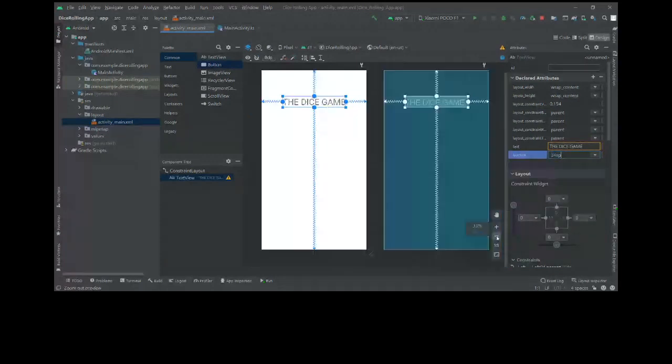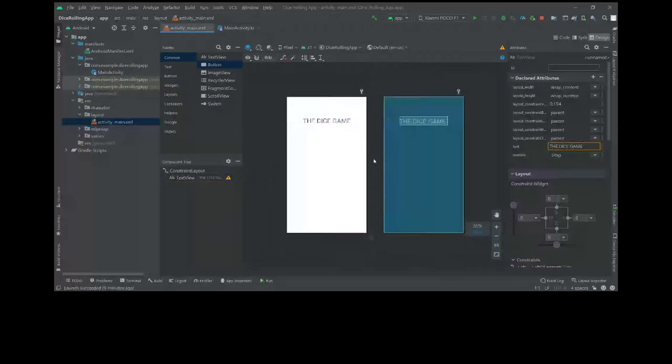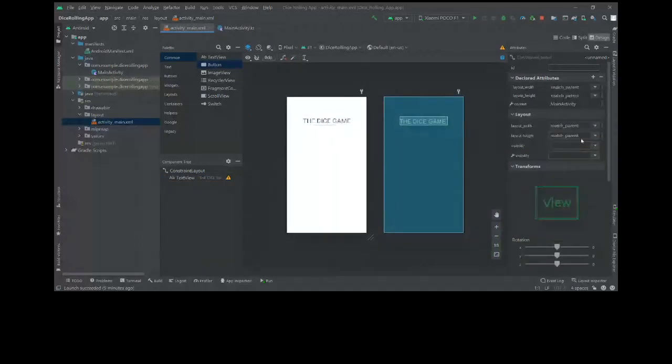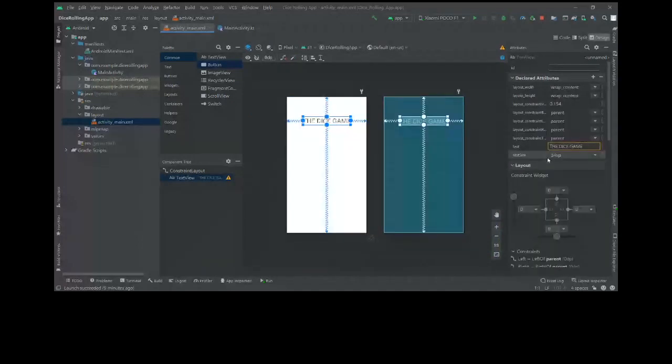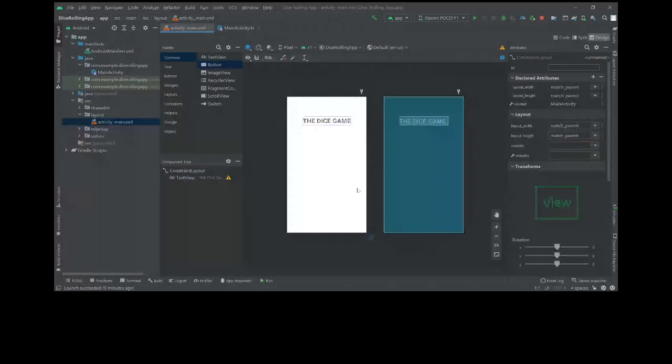Okay, so now you can see that our text is big enough. Now I want the text to be bold. So to make the text bold, I will add another attribute. This time it will be text style. And under here you can have it normal, bold or italic. So I will select bold. Then I will say apply. Now our text is bold. So we've just defined the title. Any doubts till now?